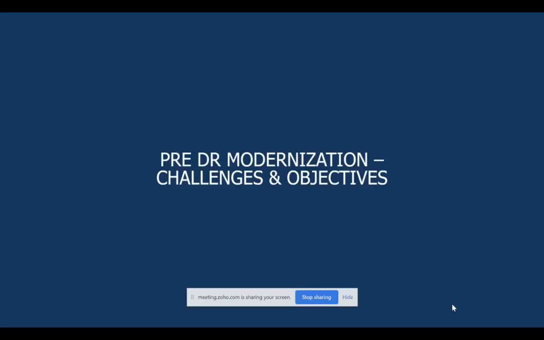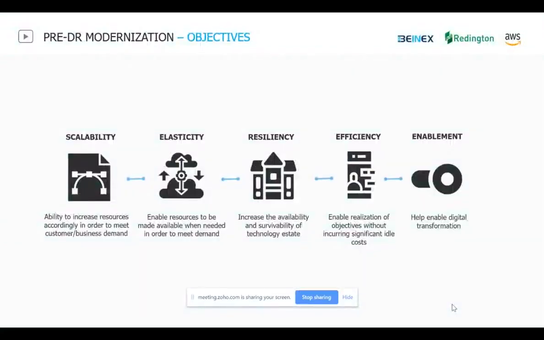Over to the DR modernization challenges and objectives. So we have broadly classified some of the objectives or the reasons why an organization will be thinking about implementing a DR solution. So it's more about the scalability, elasticity, resiliency, efficiency, and enablement.